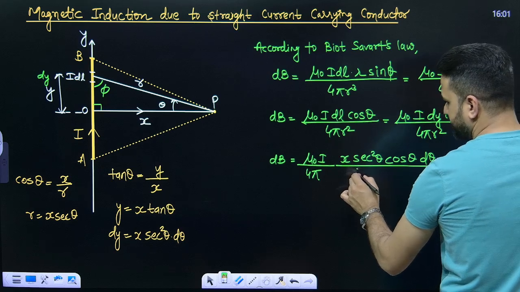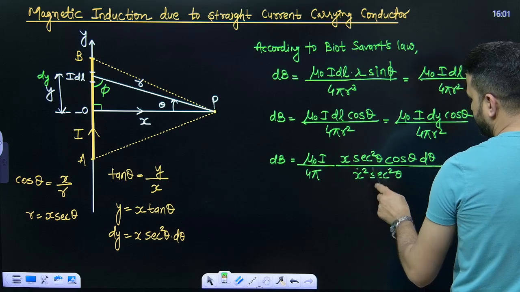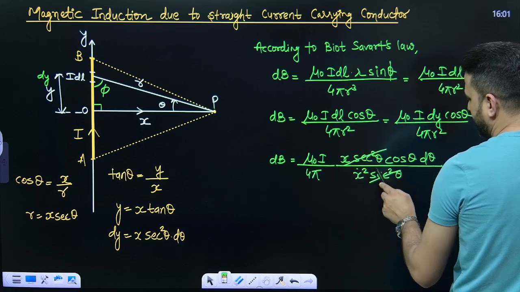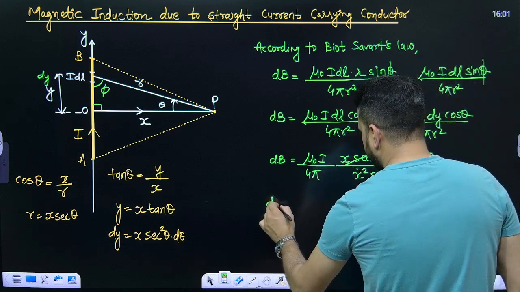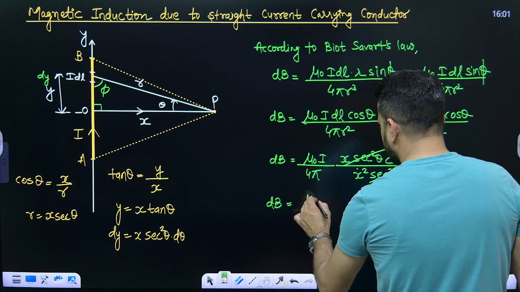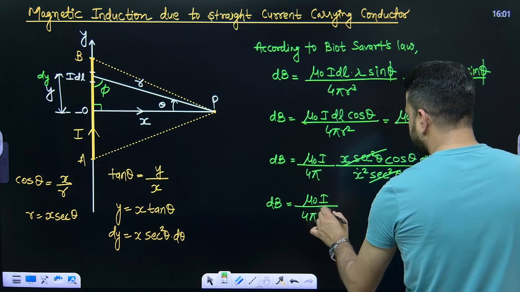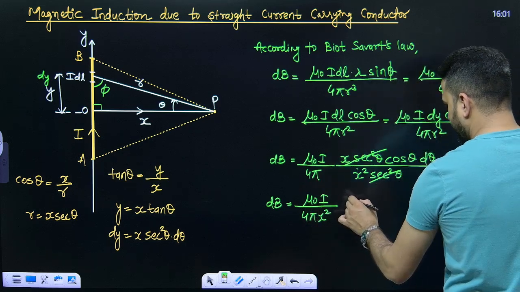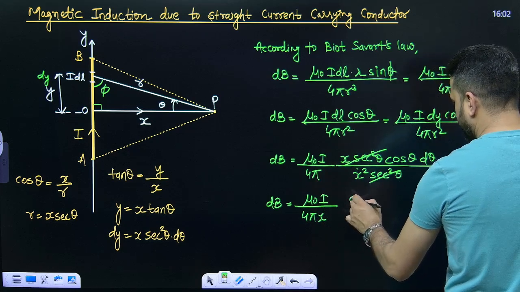R square is x square sec square theta. So this sec square theta will get cancelled, x and x will get cancelled, and we will get dB is equal to mu naught I upon 4 pi x, and then cos theta